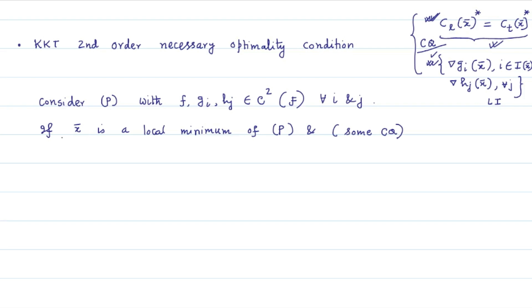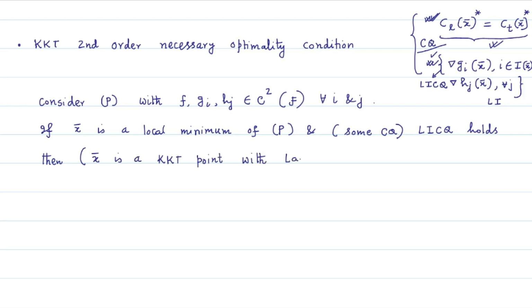So we assume here that x bar is a local minimum point and some constraint qualification, say the linear independence constraint qualification, popularly abbreviated as LICQ, holds. Then the point must be a KKT point,